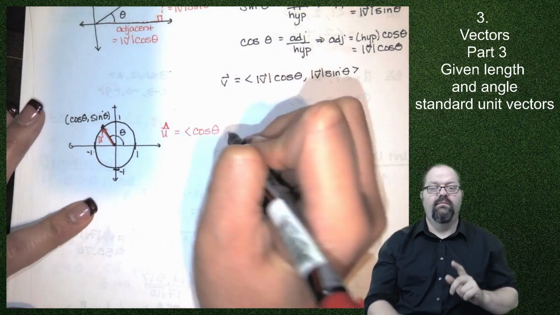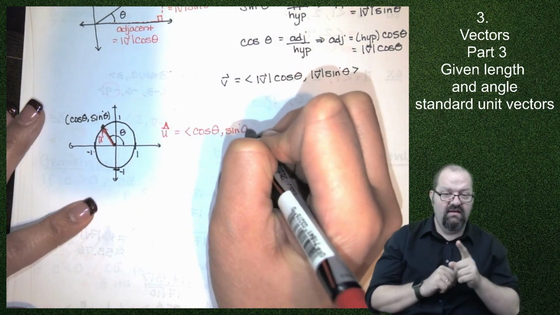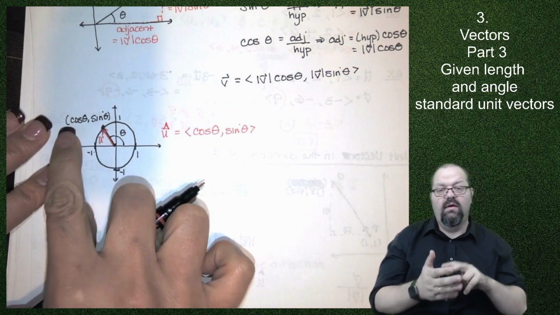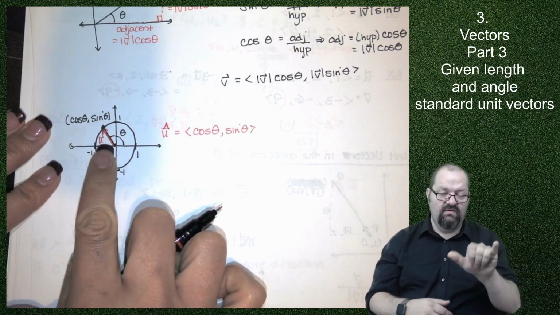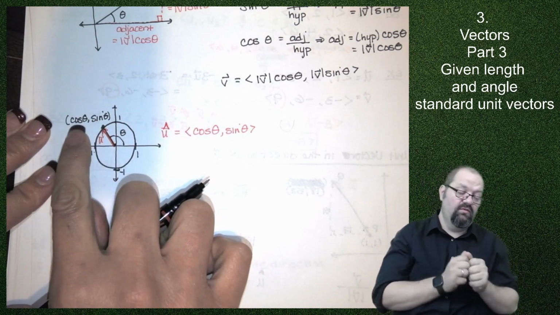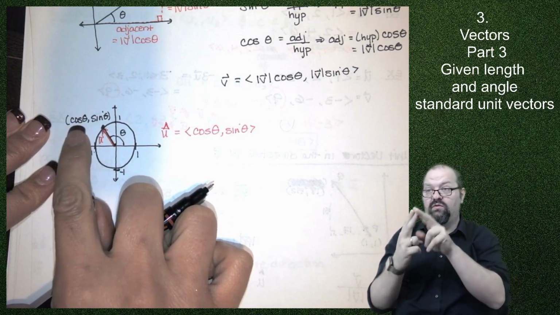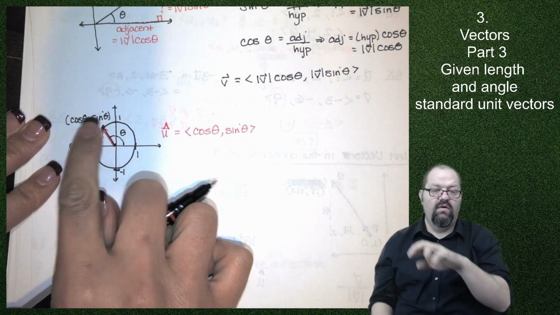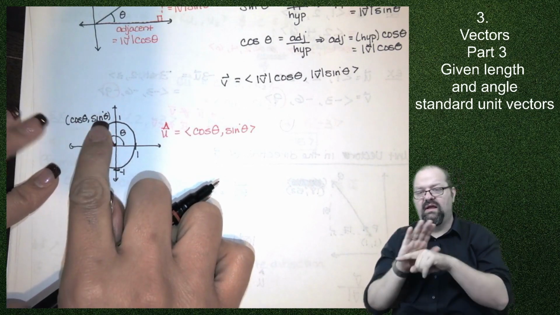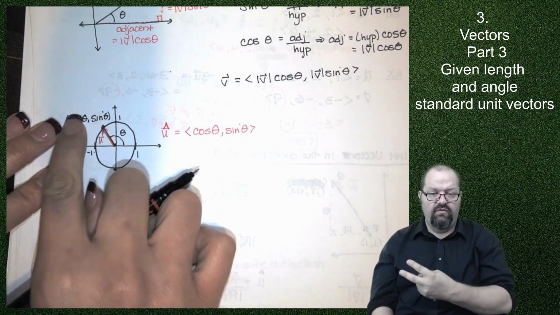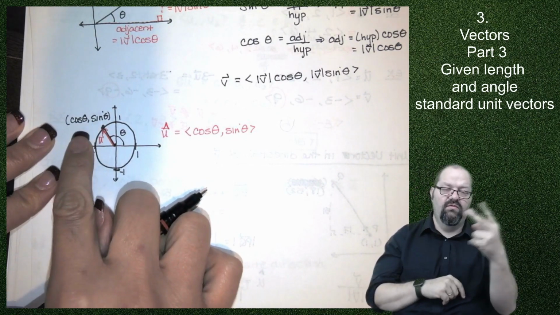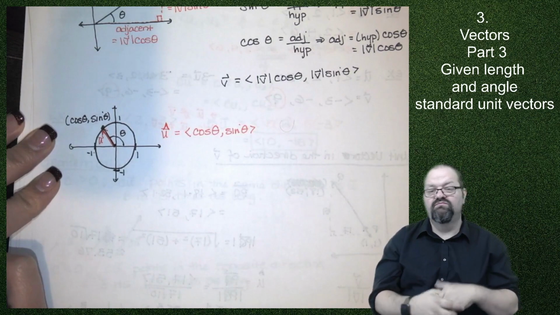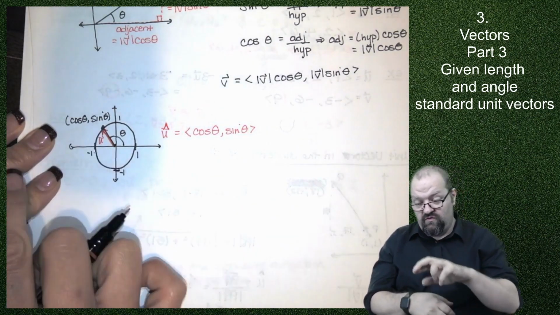Cosine of theta is my x component, sine of theta is my y component. I know that because that's the xy pair at the end of that point, and we started at 0, 0. So whatever those two numbers are, if that's negative square root of 2 over 2 and positive square root of 2 over 2, those are just the components of my u. Those are just a couple of numbers. If I square them and add them, take the square root, I'm going to get 1 because I'm on the